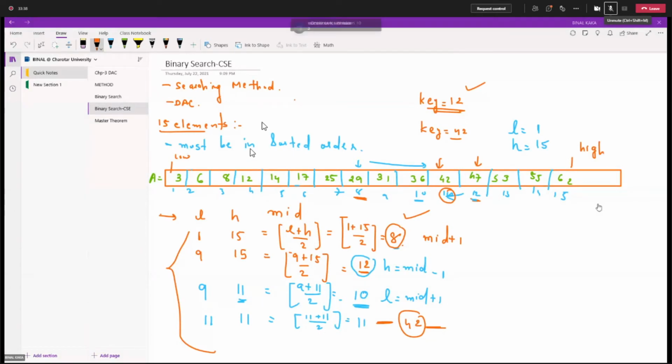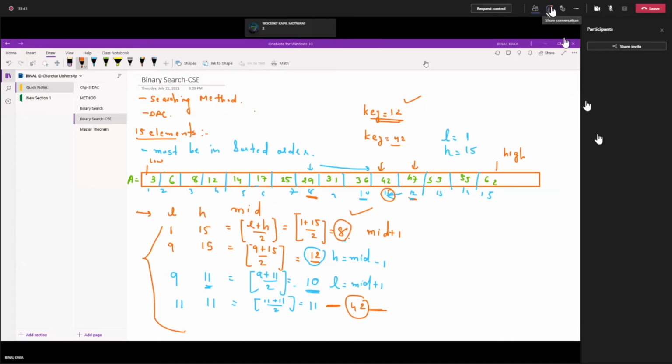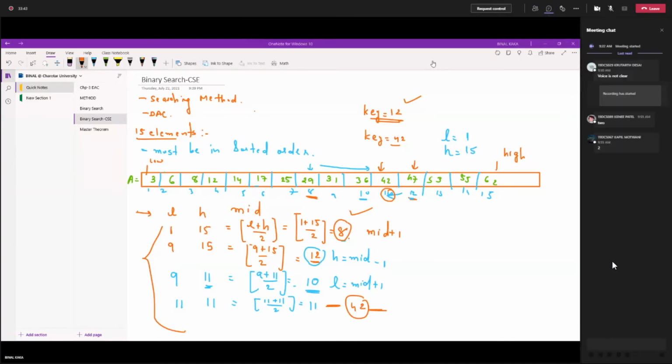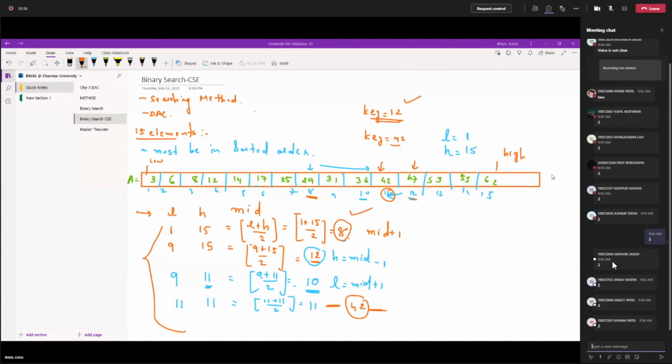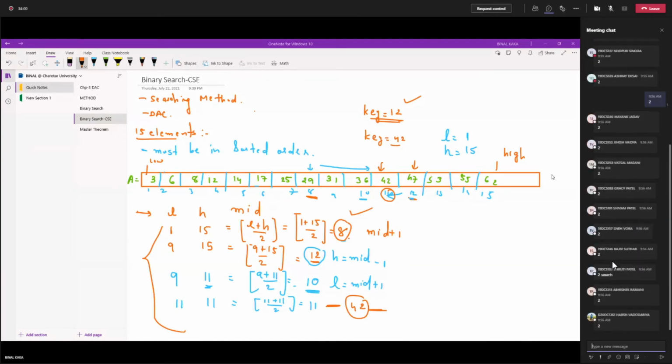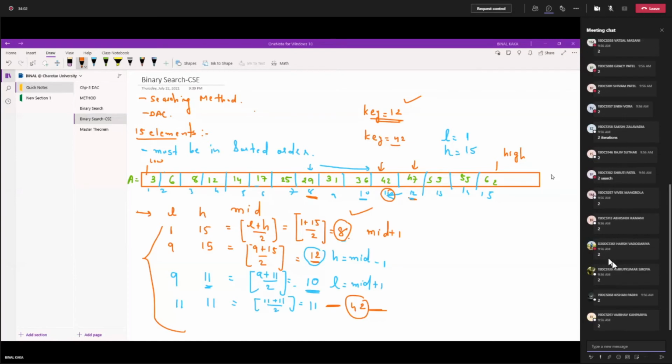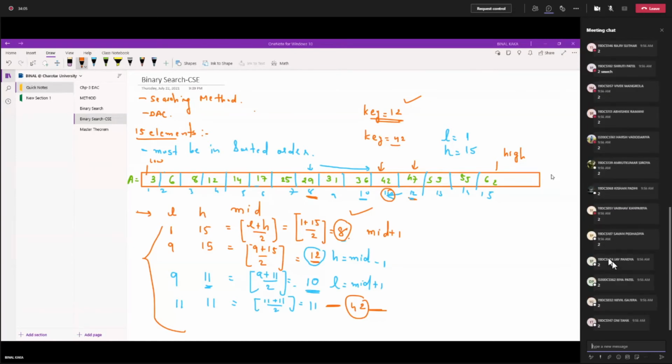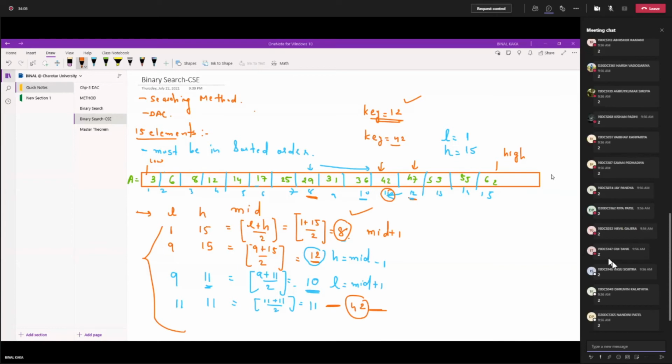Everyone write in chat box, right? सबको लिखना है. Yes, good.